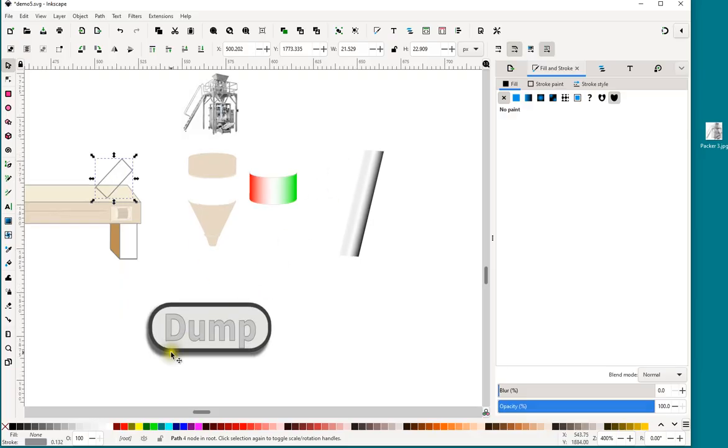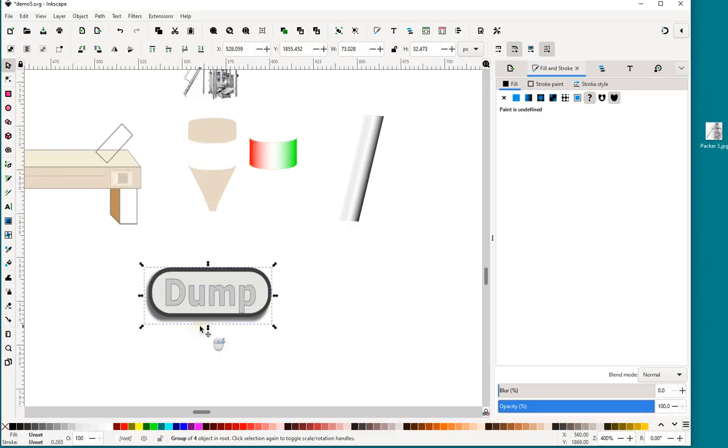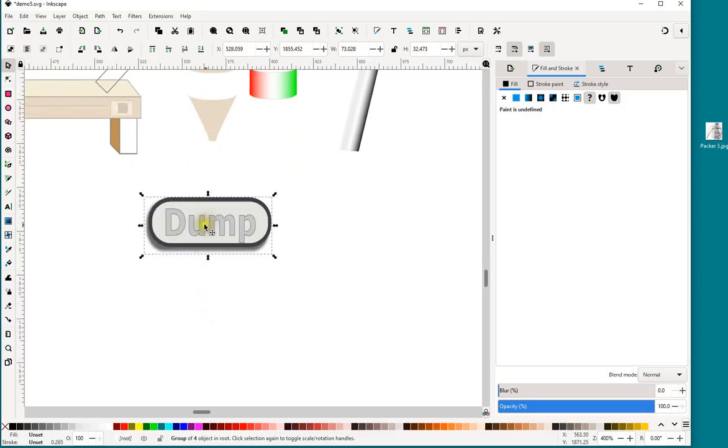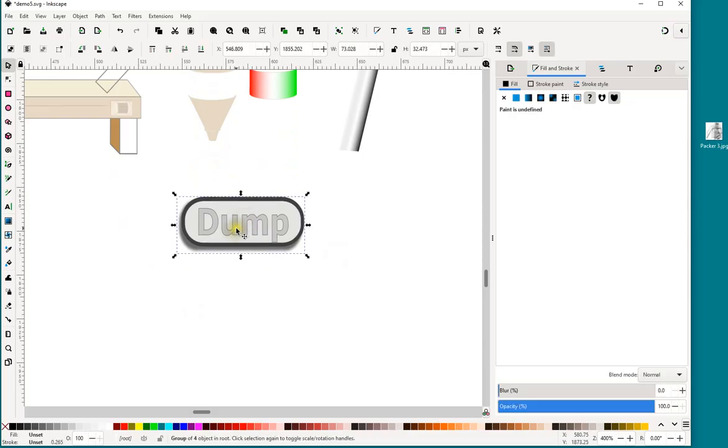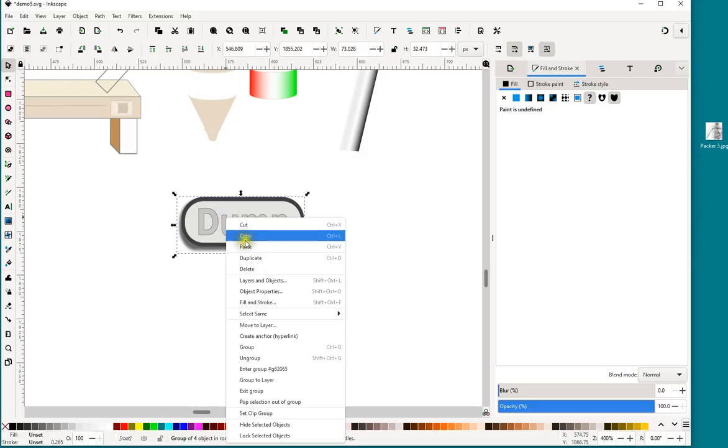So let's talk about shading now. Here's an item, I'll just put this in the middle. Now when I click on it and move it, it's just one item. So it's what they call grouped. If I right click it, you'll see you can ungroup it,